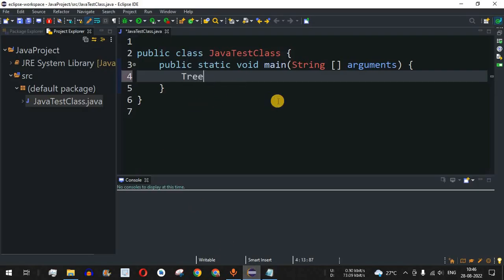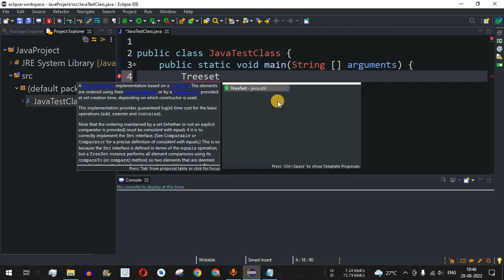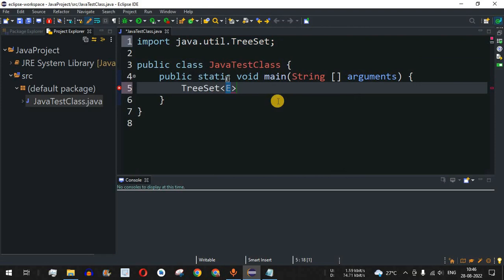So guys, basically in order to declare the TreeSet object, we will use the TreeSet class over here, and as you can see, it is suggested by the Eclipse IDE. We are going to have a list of integer values, so inside the angled brackets we give Integer as the data type of the values that we are going to store in this TreeSet object. Now guys, we are going to use tSet as the object name, followed by the equals sign and the new operator, and then the TreeSet class. So this is the way that we declare a particular object for a TreeSet class.